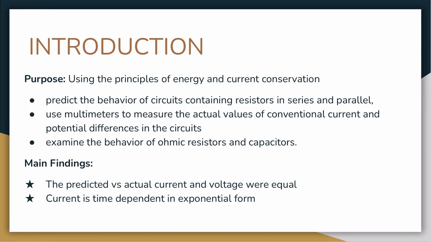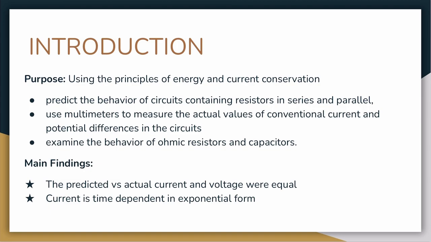The purpose of this experiment is to use the principles of energy and current conservation to predict the behavior of circuits containing resistors in series and parallel, use multimeters to measure the actual values of conventional current and potential differences in the circuits, as well as examine the behavior of ohmic resistors and capacitors. The main findings of this experiment were the predicted and actual current and voltage were equal, and current is time-dependent